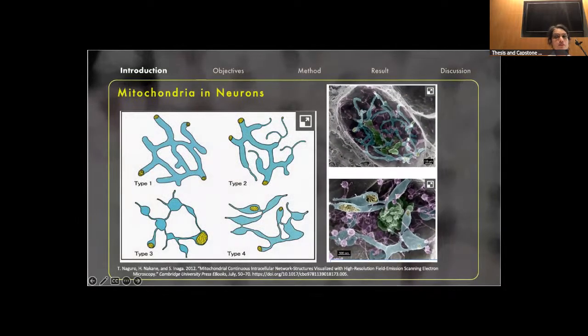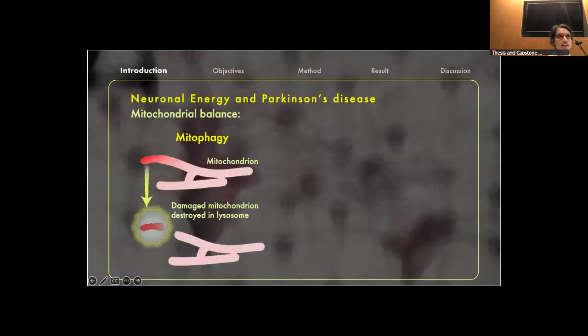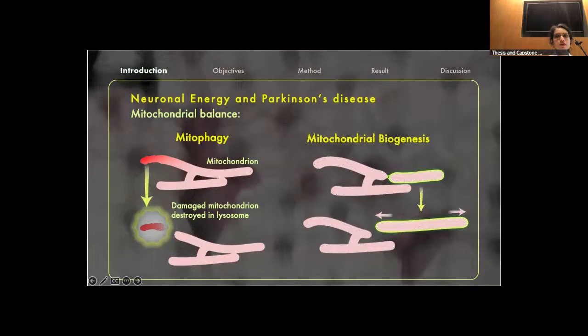They have specific branching structures depending upon the type of neuron, and I have incorporated this more accurate elongated branch structure in my thesis. The mass of mitochondria in neurons can increase or decrease, and this balance is maintained by two constantly occurring processes: mitophagy, the selective clearing out of damaged mitochondria, and mitochondrial biogenesis, the creation of new